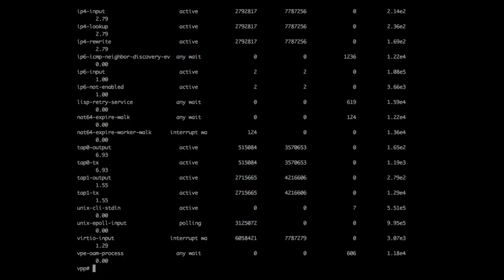You remember the graph. In the graph we have all those nodes, and the vector size is 6.93 for this tap0 output, and for the TX as well.